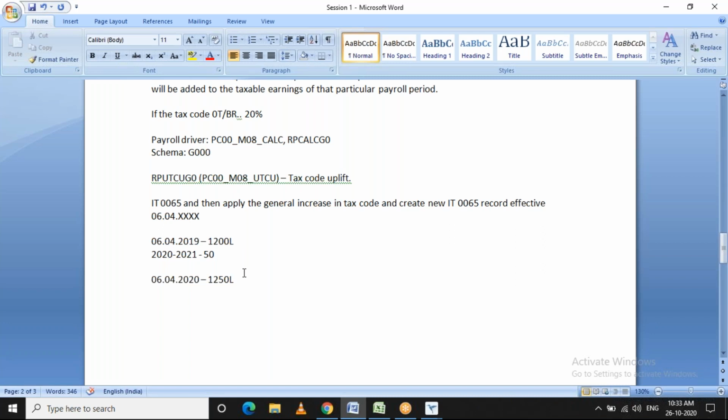So what they do is come up with this number. It could be 40, 30, or 50 based on the current scenario or financial situation of the country. They increase the existing tax code with that particular number. Instead of sending the tax code for individuals, they update as a mass, because each employer will have a minimum of 1,000 employees.